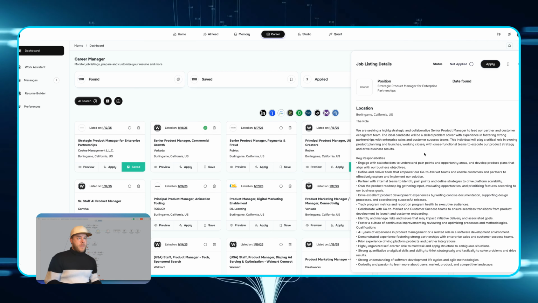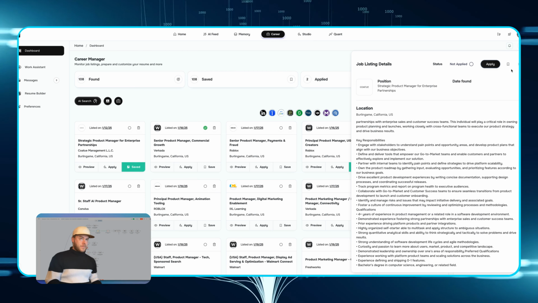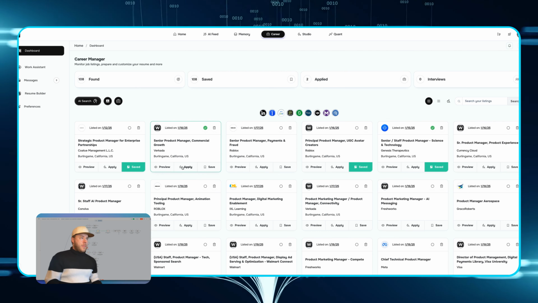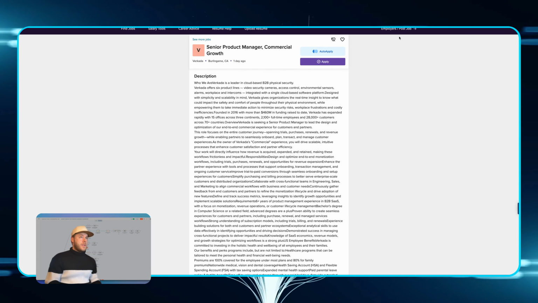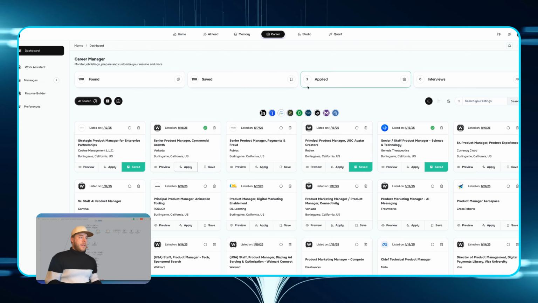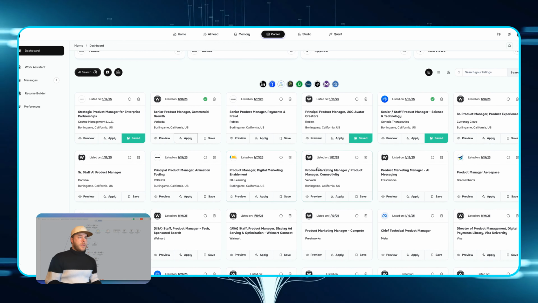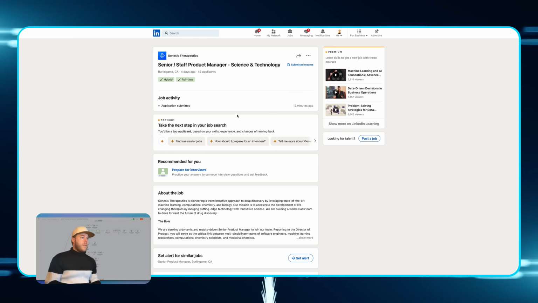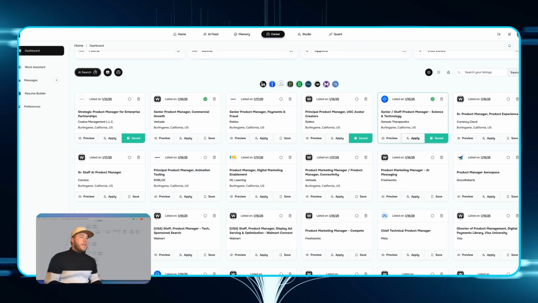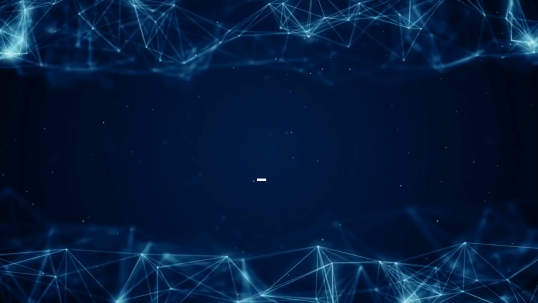So here, we have the ability to view this job in a pop-out panel. We can apply to the roles. So directly we see here that will open up the application page. And let's test it with another potentially. So maybe like Genesis Therapeutics, apply. Yep. So wherever we can, we will save the direct most favorable application link. And all of that, all of this stuff that's coming into the front end is coming from